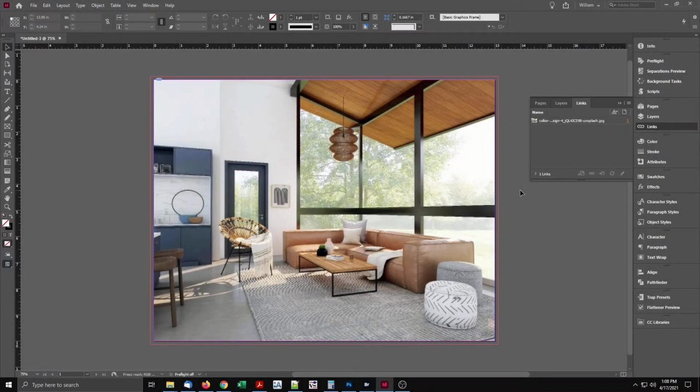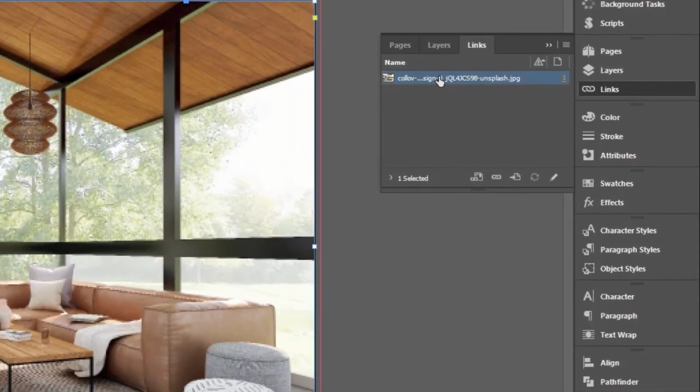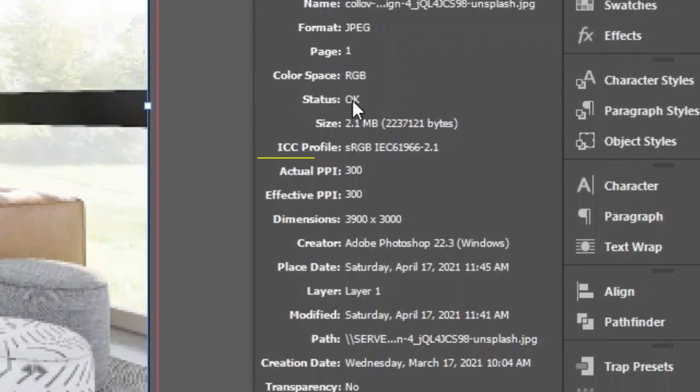In InDesign, you can also find the answer. This works the same on Mac OS or Windows. Let's say your layout is 13 by 10, and the image is placed to fill the page. Select the image and open the Links panel. If the additional info isn't visible, click the triangle to open it. Here we have actual PPI and effective PPI, which is the resolution considering the degree to which an image is scaled. For images placed at 100%, both values are the same.